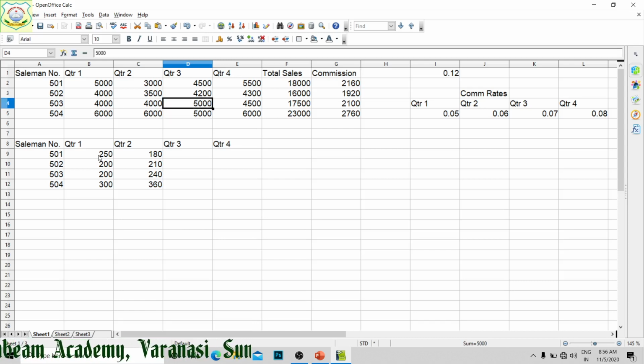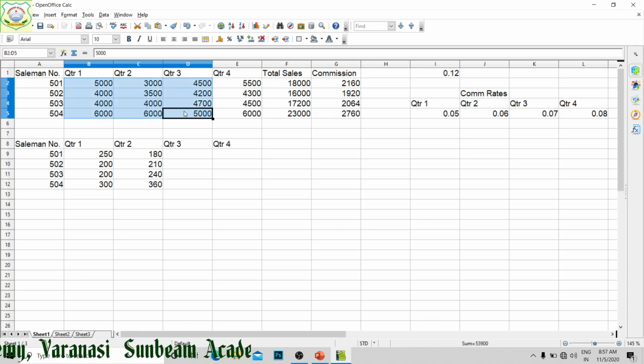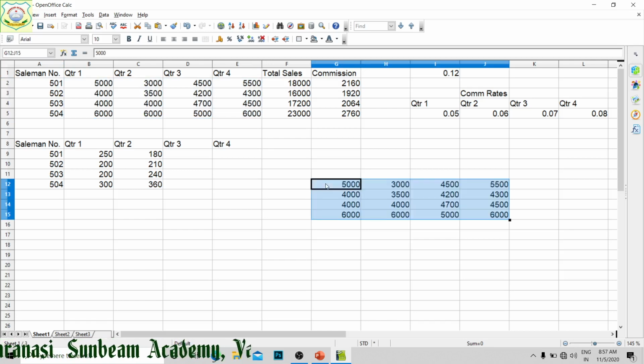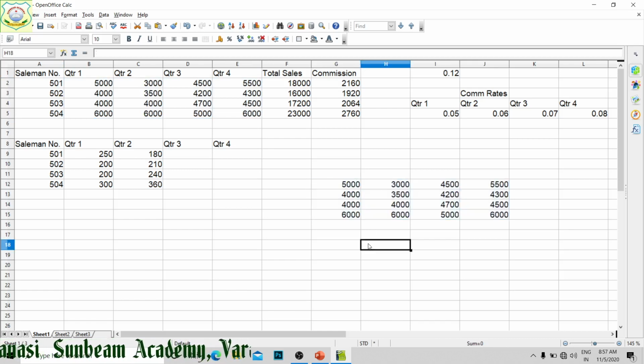Otherwise, the third is using the F2 key, you can also make changes in the content of the cell. This is editing of cell content. How we are going to select a range? To select a range, we can drag it. The range has been selected. To copy the range, Ctrl C, and anywhere Ctrl V, the range has been copied, right?